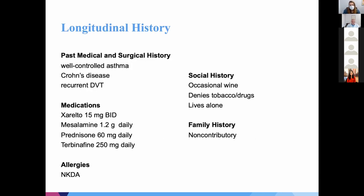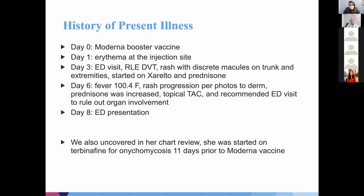And I just wanted to add before we move on that you guys already asked most of the very important questions. As Corinna was saying, and also Nora was asking, it's very important to look at mucosal involvement, especially when you have a rash that is getting worse, because you want to see if it's a systemic reaction and what sites are involved. I don't know how often we do that. I don't know how often we see rashes in the ED that are so extensive. I think most of the time this is seen by derm, but in general,